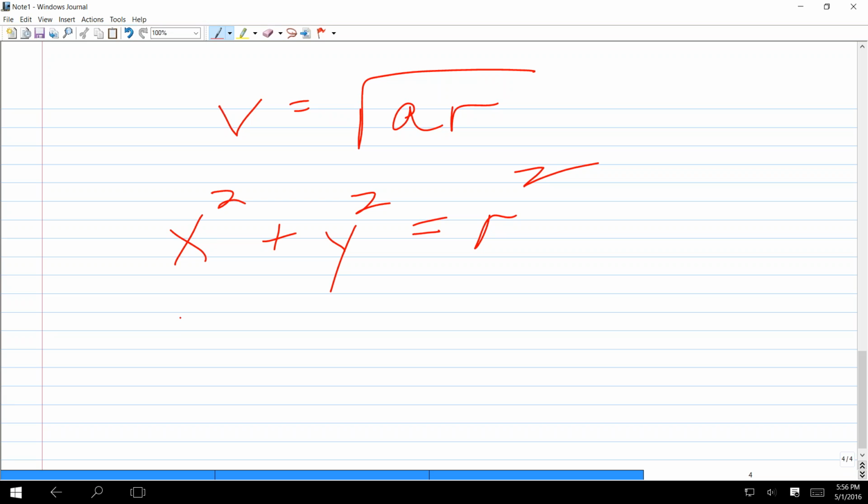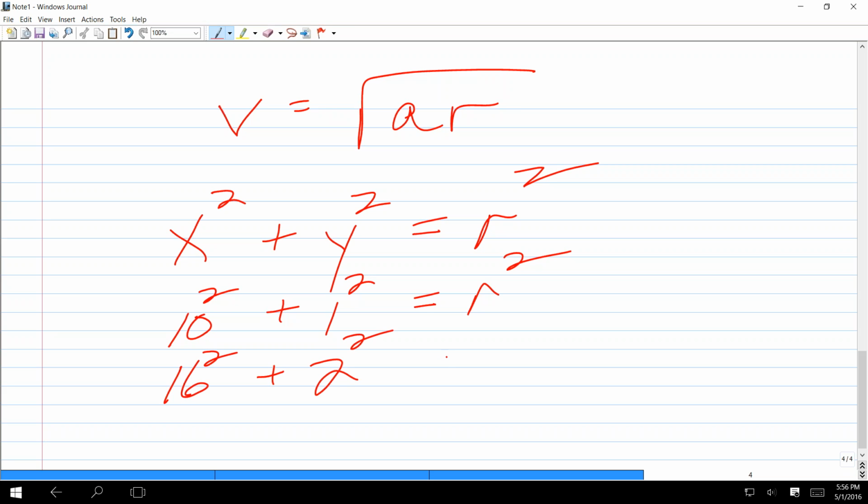We know that negative 10 squared plus 1 squared is equal to the radius of that circle squared. And then if I plug in the other point, we have 16 squared plus 2 squared. That point is also on the circumference of the circle, so that's also equal to r squared. So 1 gives me